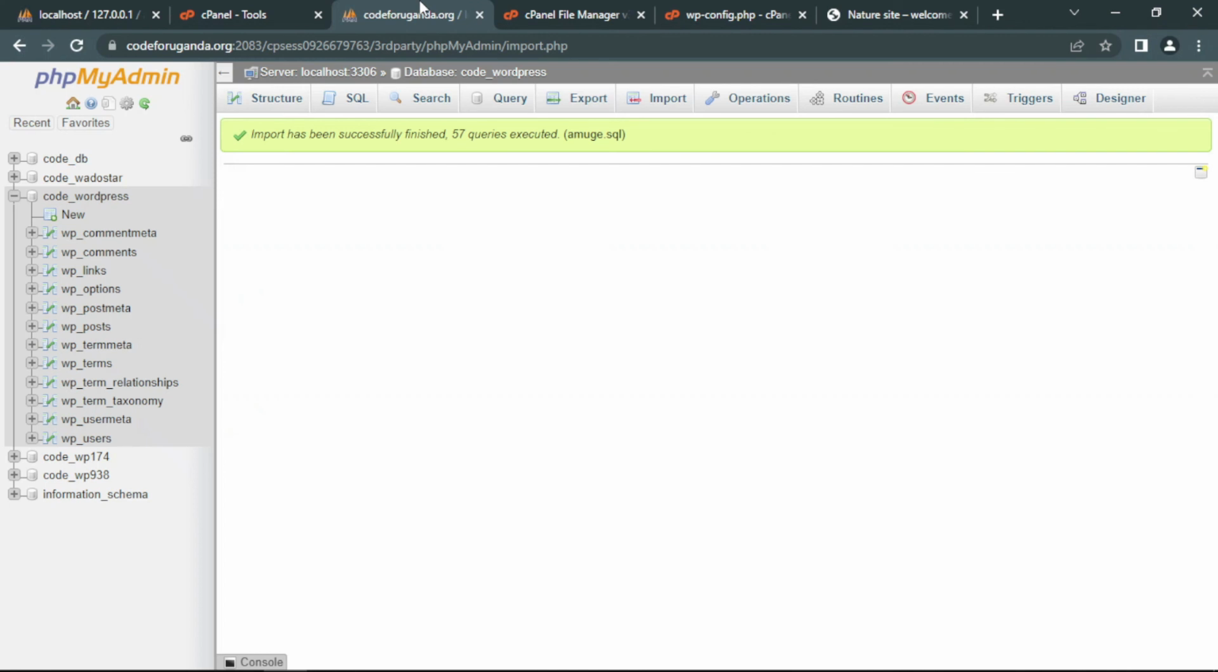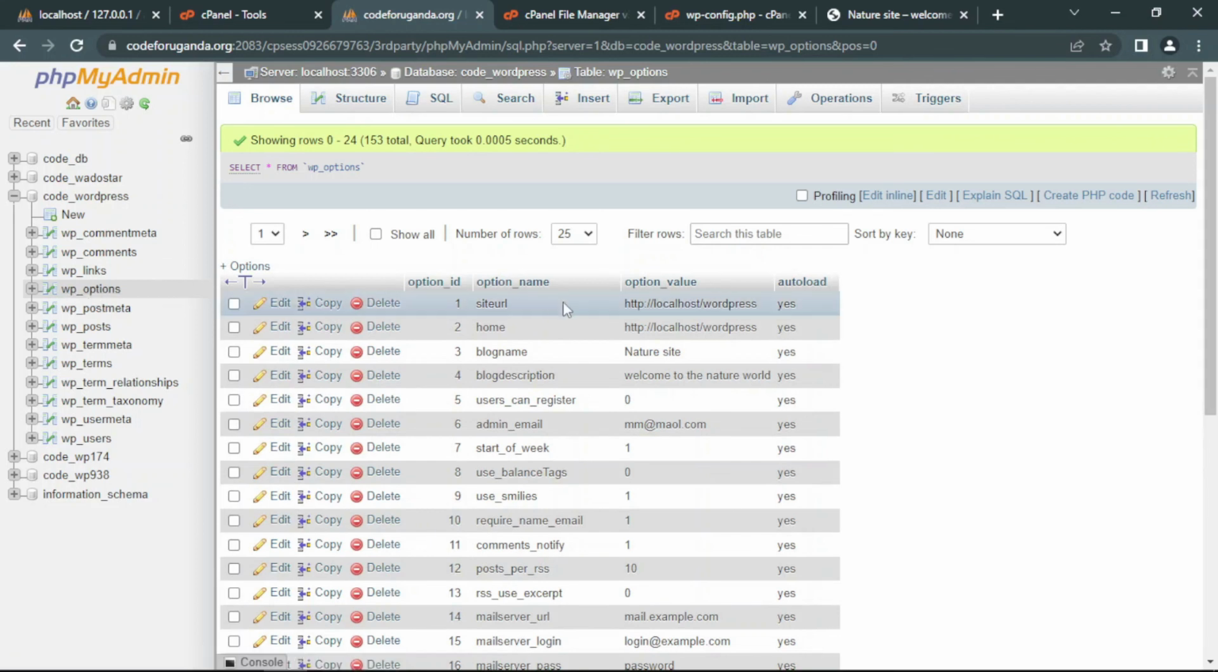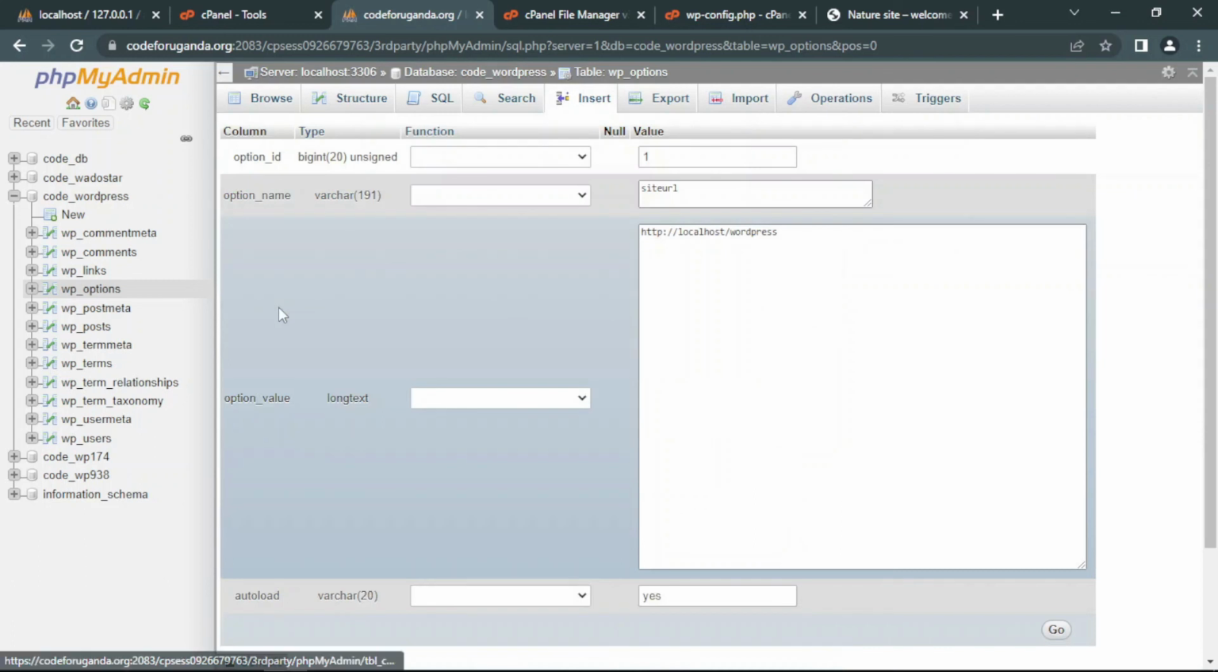Then I go to wp_options. Now change the links. We'll change the first two entries, which says the site URL and home. So I will change them from localhost/WordPress to